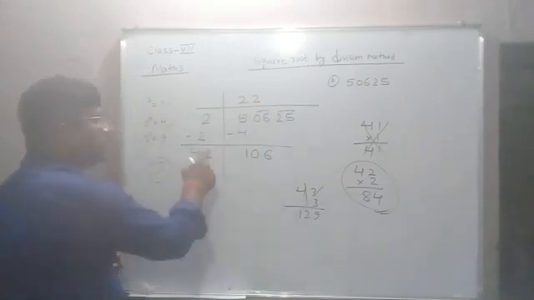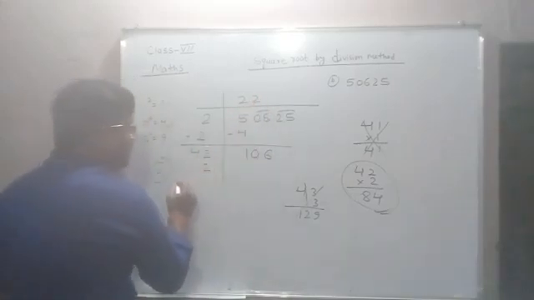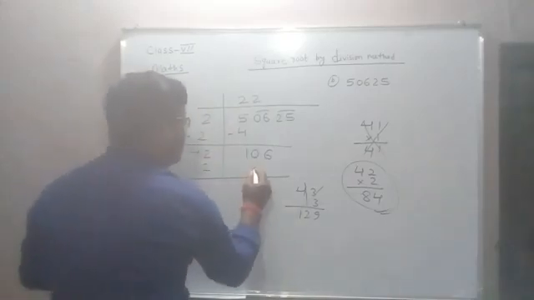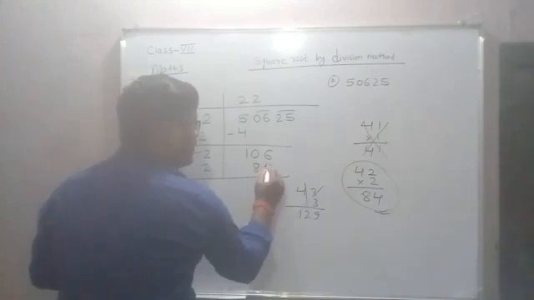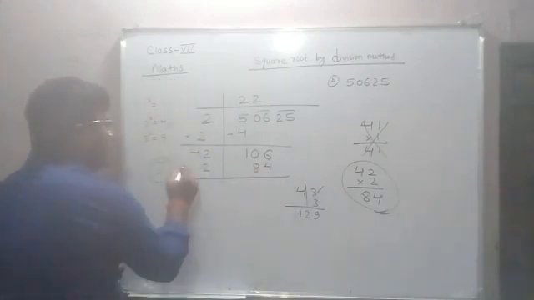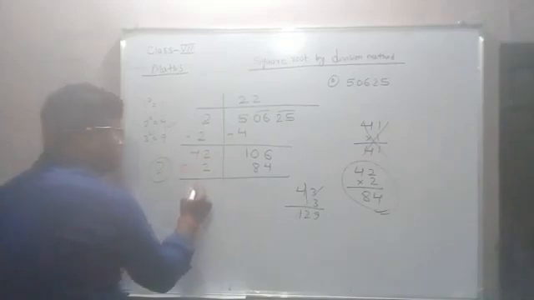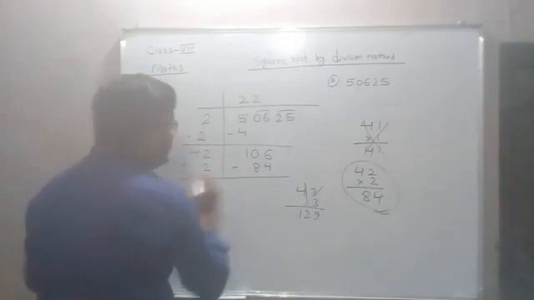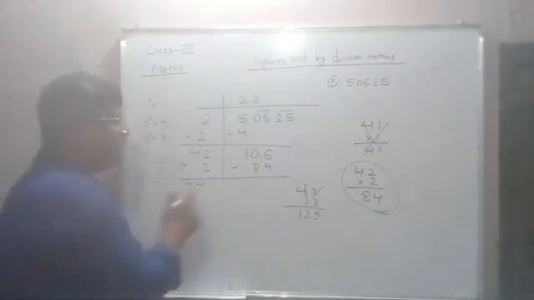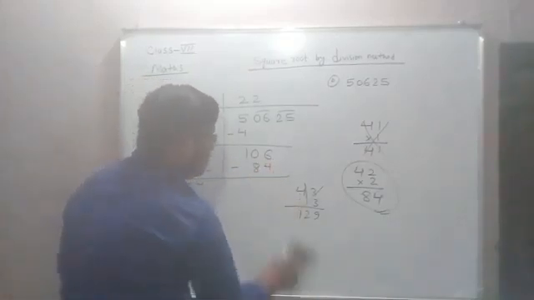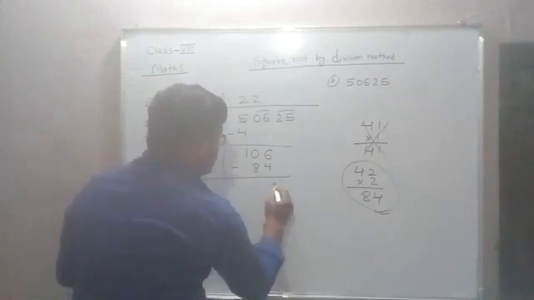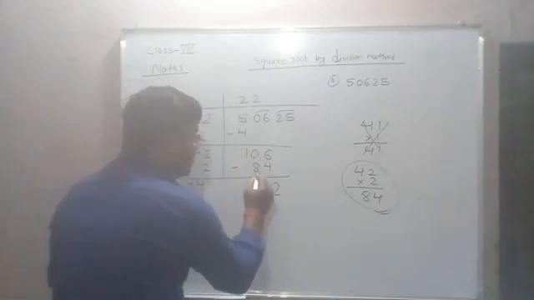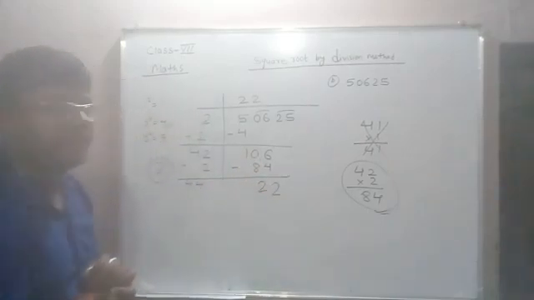Here 2, 2 and 2. In the 3 place I have written 1, 2 and 3. So multiply this 42 by 2, that is your 84. And do addition here: 2 plus 2 is 4, 4 stays as it is, so 44 here we got. Here we just need to subtract. 6 minus 4 is your 2, and 0 cannot be subtracted, so it will borrow. So 10 minus 2 is 8. So we got 22 here.